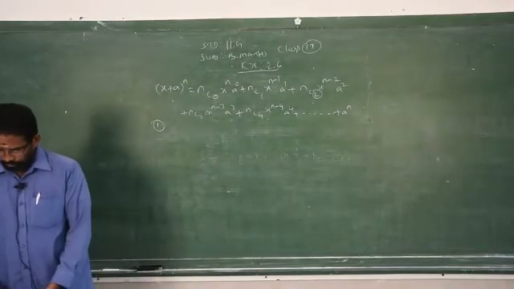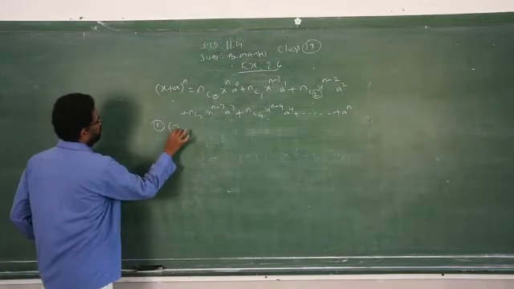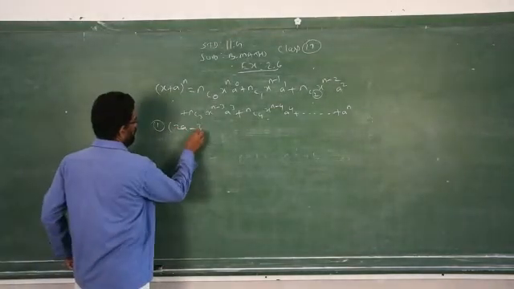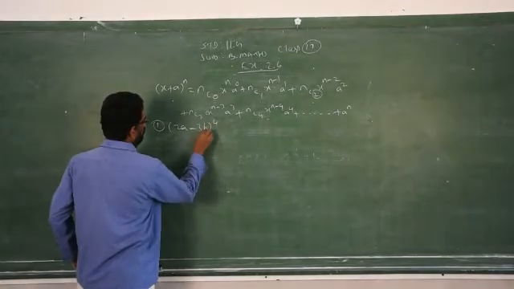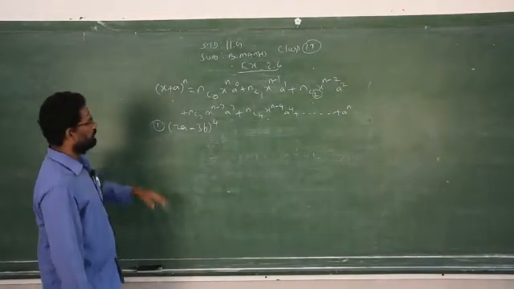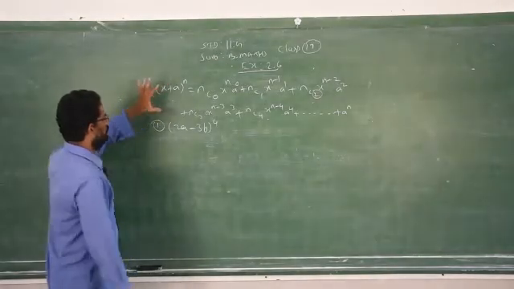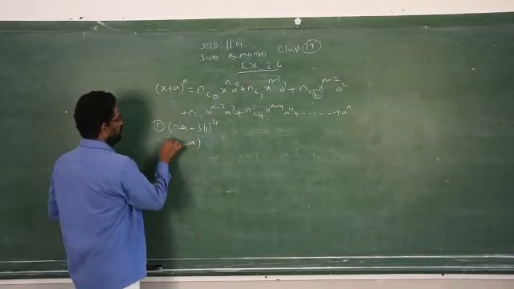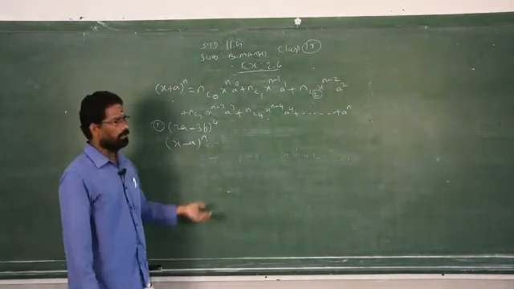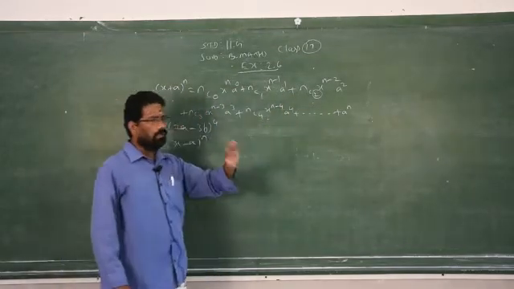Very easy. The only thing you have to do is apply the formulas. We have a formula for (x minus a) also, but that is not necessary. Clear? Once you memorize this, it is enough even for (x minus a) whole power n. So there is no need to memorize a separate formula. If you want to memorize it separately, it is very easy: plus, minus, plus.